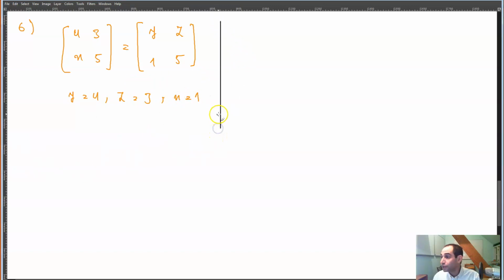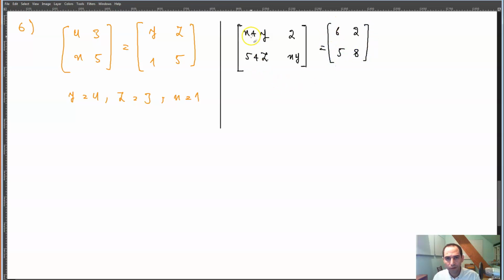The second one is x plus y, and then you have 2, and then you have 5 plus z, and then you have x times y. So that is a matrix that you have, and then you have another matrix 6, 2, 5, 8. So you know that basically x times (x plus y) is equal to 6, and x times y is equal to 8. So from these you can